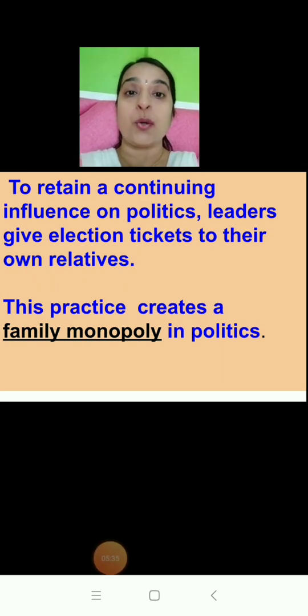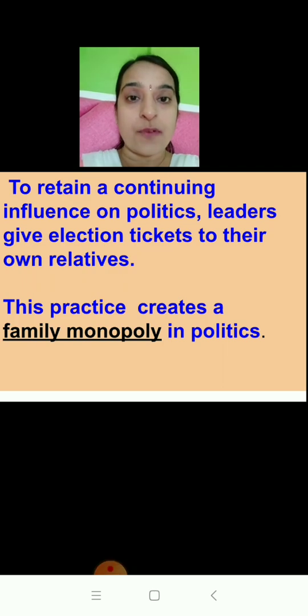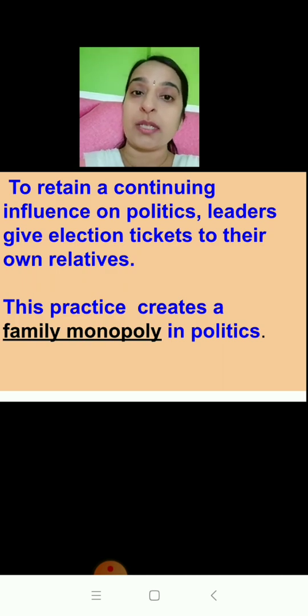Children, I hope that you have understood the process of election, that flow chart which we had done. Children, you have to practice that flow chart very carefully, and you have to study in sequence. Then we had learned about the restructuring of constituencies. Then the code of conduct which is to be followed by the government, political parties and voters. This code of conduct has to be followed by all these people.